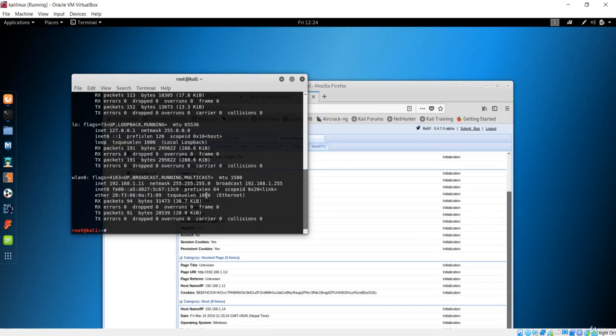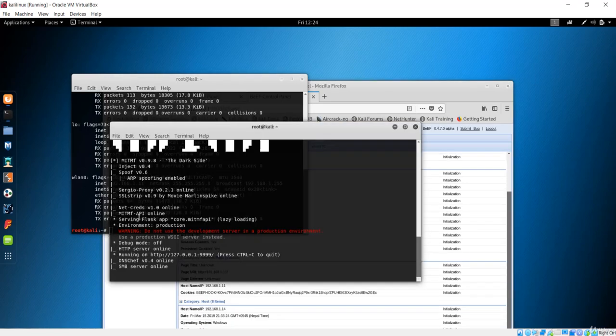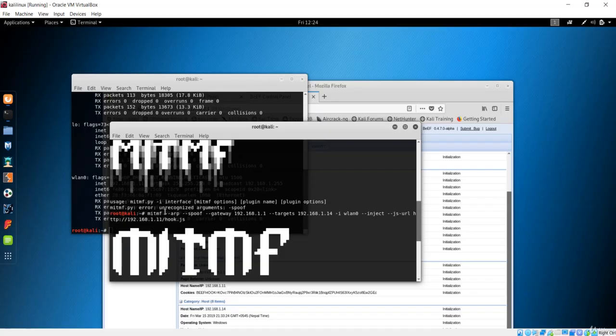So this can also be done by this method, which is this man in the middle attack. What we just did was make use of this framework to inject this JavaScript code. We saw how this can be done in the previous lectures too, but in this case we are only injecting this URL, which is this URL containing the hook.js, in the website that we are visiting. So this will be a wrap for this lecture. See you in the next one.